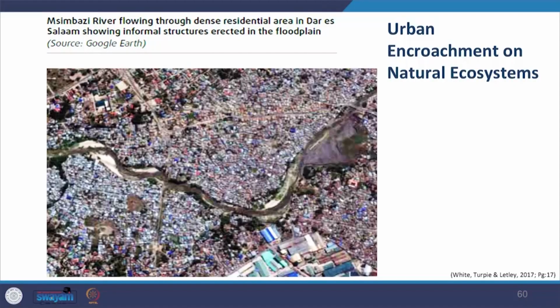As explained by the authors, the transformation of open space areas within African cities has come about through both formal and informal development. For example, in Dar es Salaam, thousands of informal dwellings are situated along river banks and floodplains of the Zambezi River system, with densities increasing downstream towards the city center. Even though there is provision for a 60-meter protected river reserve on either side of the river in the city, as outlined by the Environmental Management Act of 2004 in the country, it is difficult to enforce.